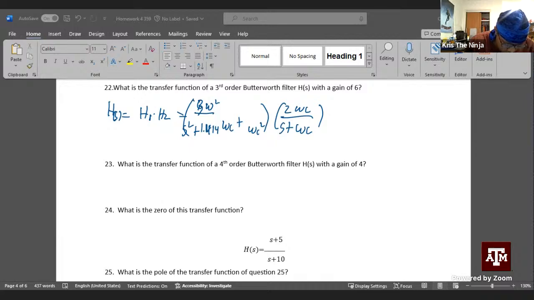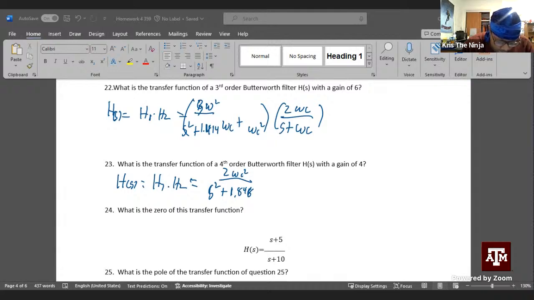2 omega c squared over s squared plus 1.848, plus, oh well, I guess omega c s plus omega c squared,